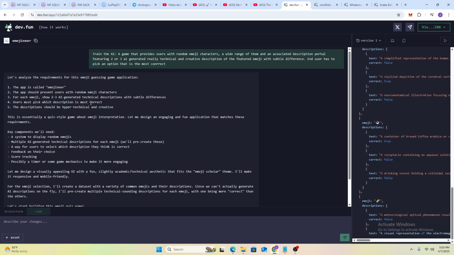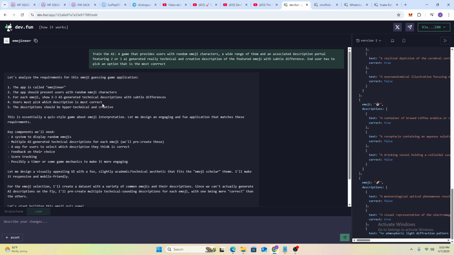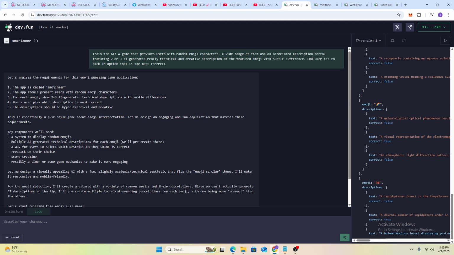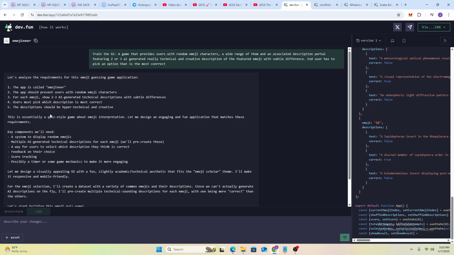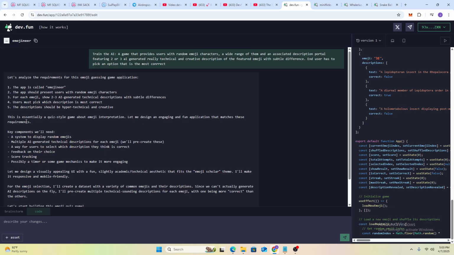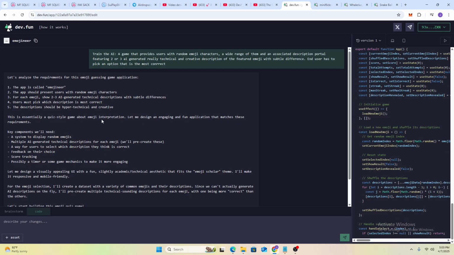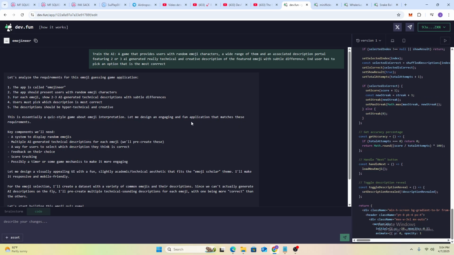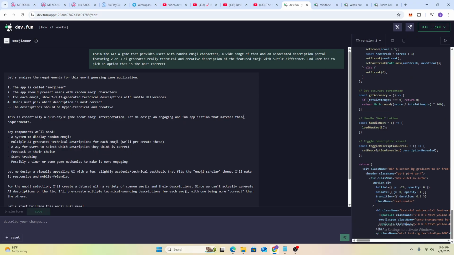Users must pick which description is the most correct. So it got the gist. The description should be hyper technical and creative. So that's the key part there. So it's difficult for users to select the right option. This is essentially a quiz style game about emoji interpretation. Let me design an engaging and fun application that matches this